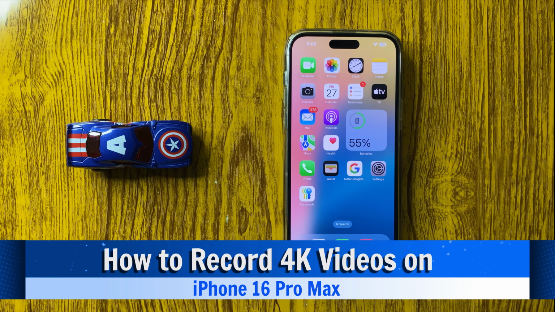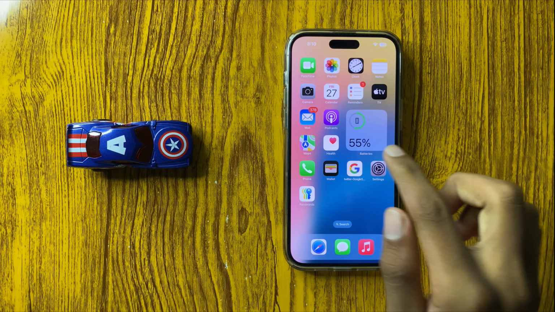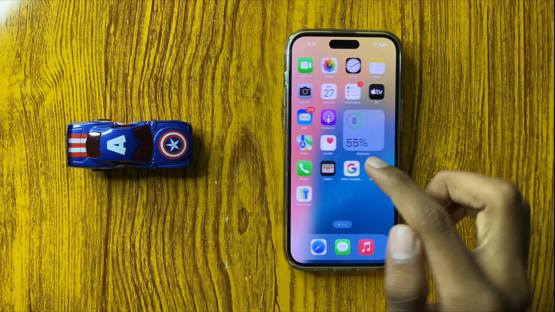How to record 4K videos in iPhone 16 Pro Max. So let's start the video. First of all, open the camera app